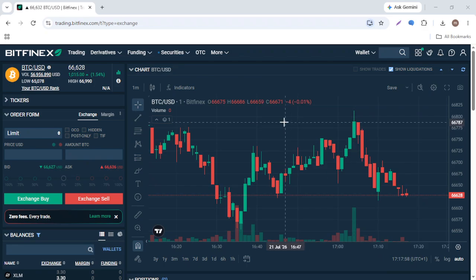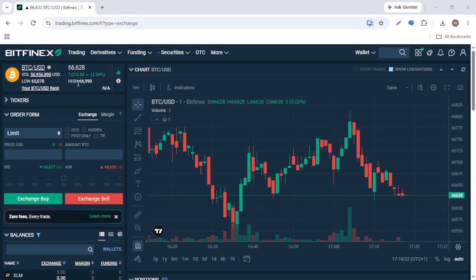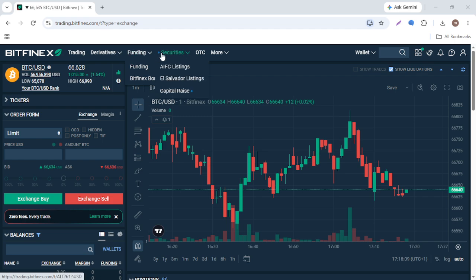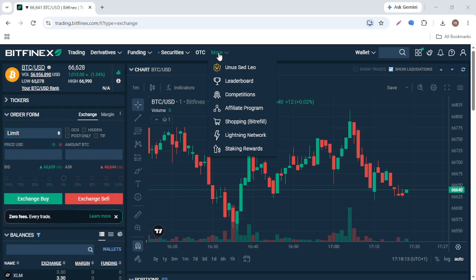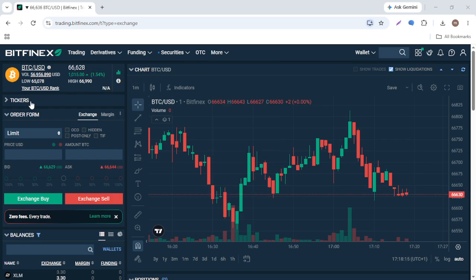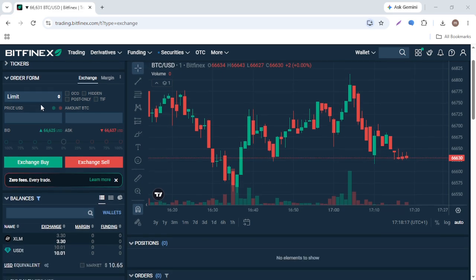In today's video, I will walk you through how to check your wallet balance on Bitfinex. Checking your wallet balance on Bitfinex is a quick way to see how much cryptocurrency and fiat currency you currently have available in your account. Your wallet balances are organized by wallet type, making it easy to monitor your funds and understand where your assets